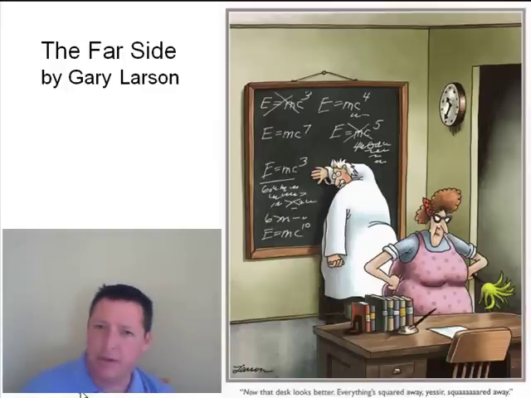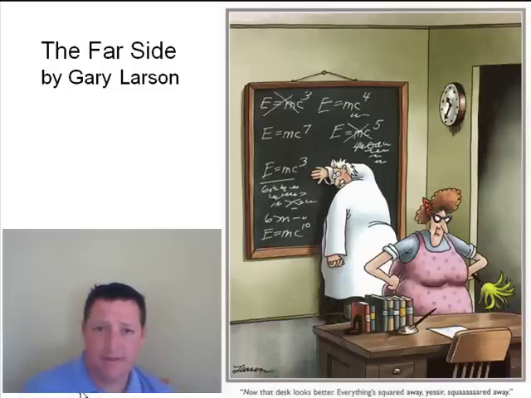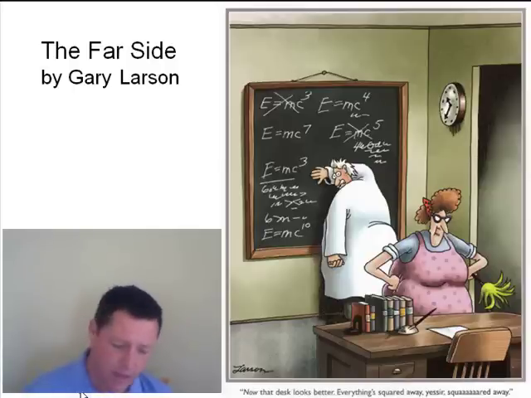Now this is a cute little Far Side cartoon where the lady here has just helped clean off Einstein's desk as Einstein is struggling to figure out his E equals mc squared equation. And she says, wow, that desk sure looks better. Everything's squared away. That's right, squared away. And of course, Einstein realizes, aha, it's E equals mc squared. Well, that's not really how it would have happened, and Einstein, being a big physicist, would have known that c squared was the only option he had. And here's why.